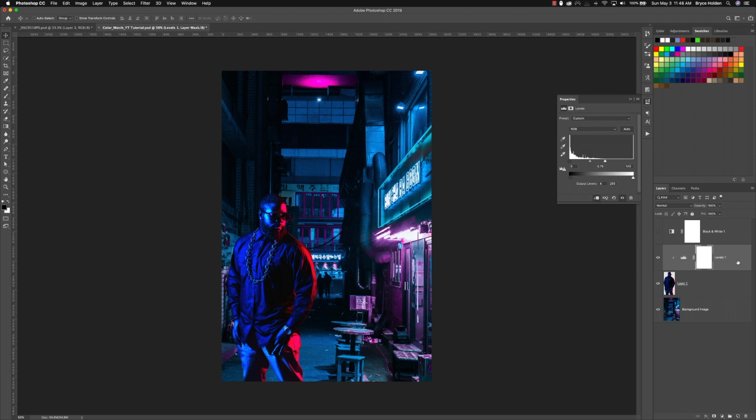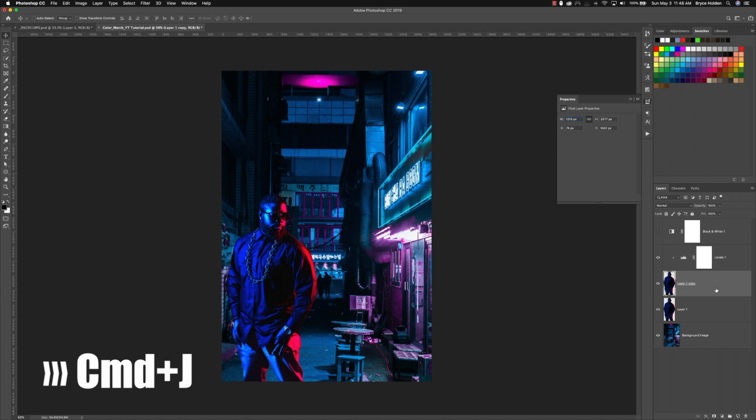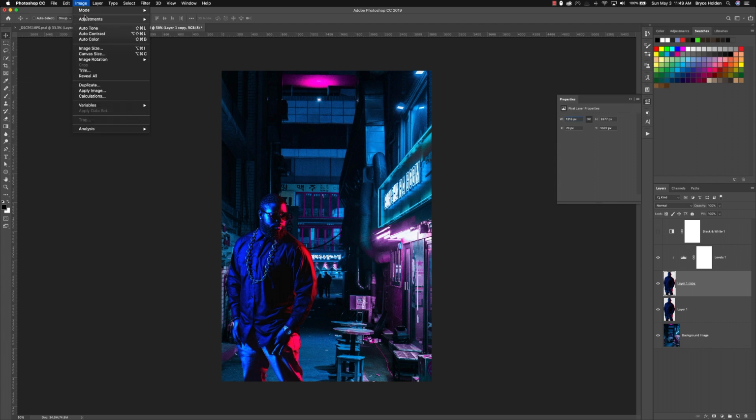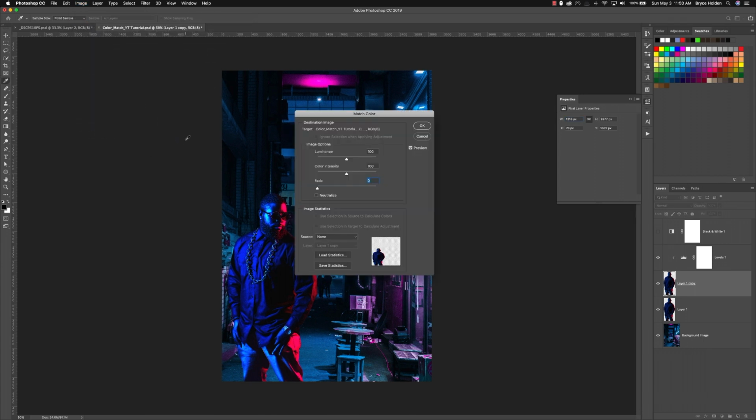This is stupid easy with this new feature in Photoshop. First thing we're gonna do is come down here to our cutout layer and make a duplicate of it. You can do that using the keyboard shortcut Command J, or you can drag it down here to your new layer. Making sure we have our new copy selected, we're gonna come up to the menu bar, go to Image, Adjustments, and come down to Match Color.